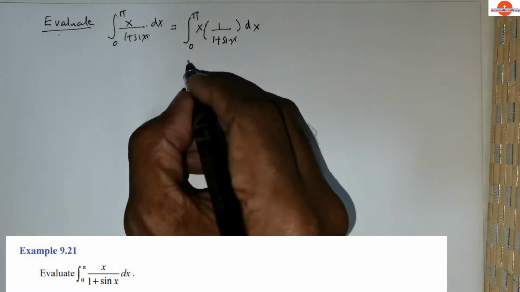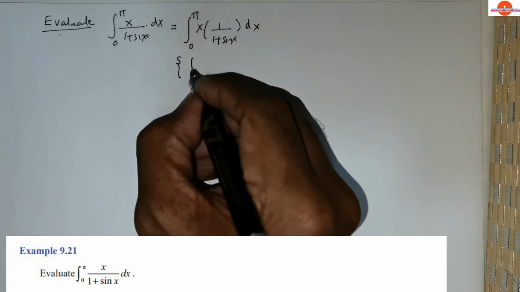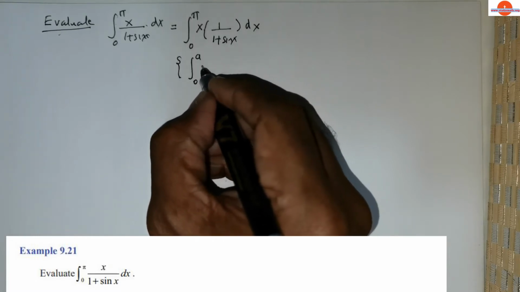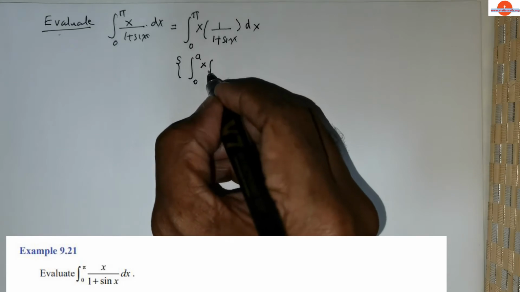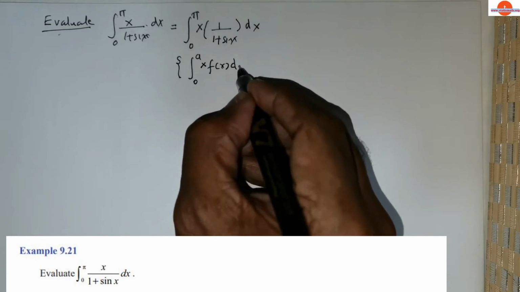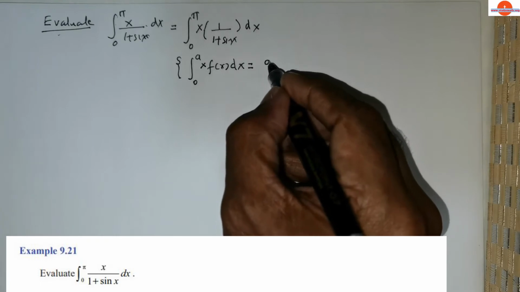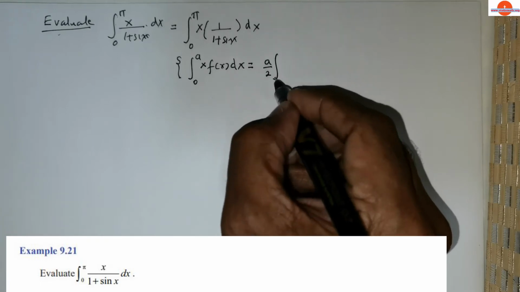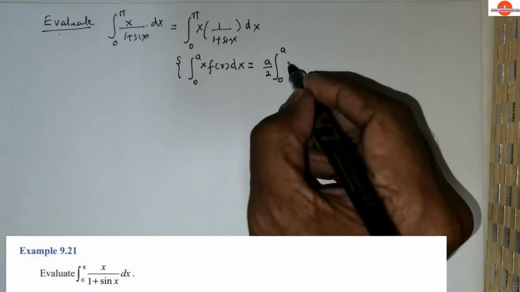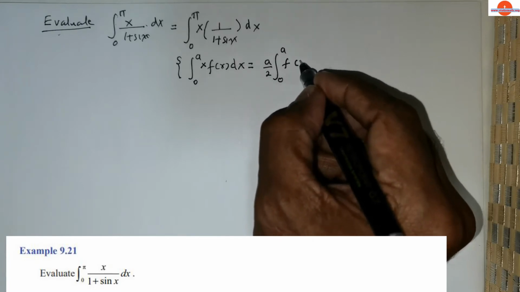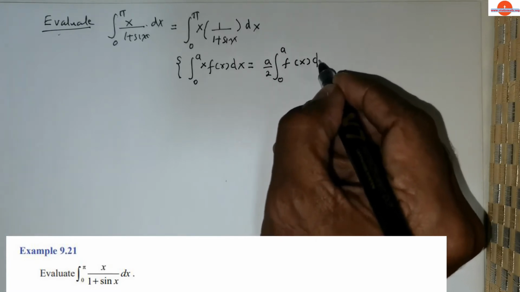Now, this is similar to the integral from 0 to a of x times f of x dx, which is equal to a over 2 times the integral from 0 to a of f of x dx,